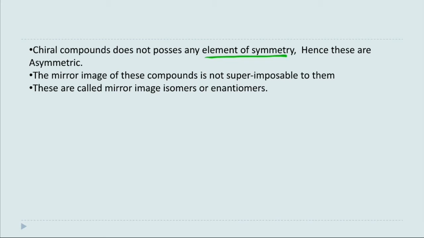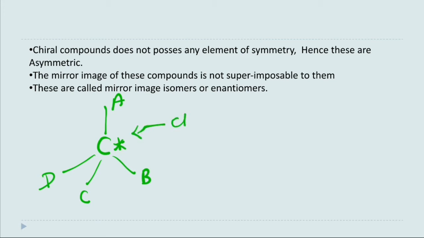Then the mirror image of these compounds is not superimposable on them, just like I told you by taking the example of hand. These are called mirror image isomers or enantiomers. Okay, now see,